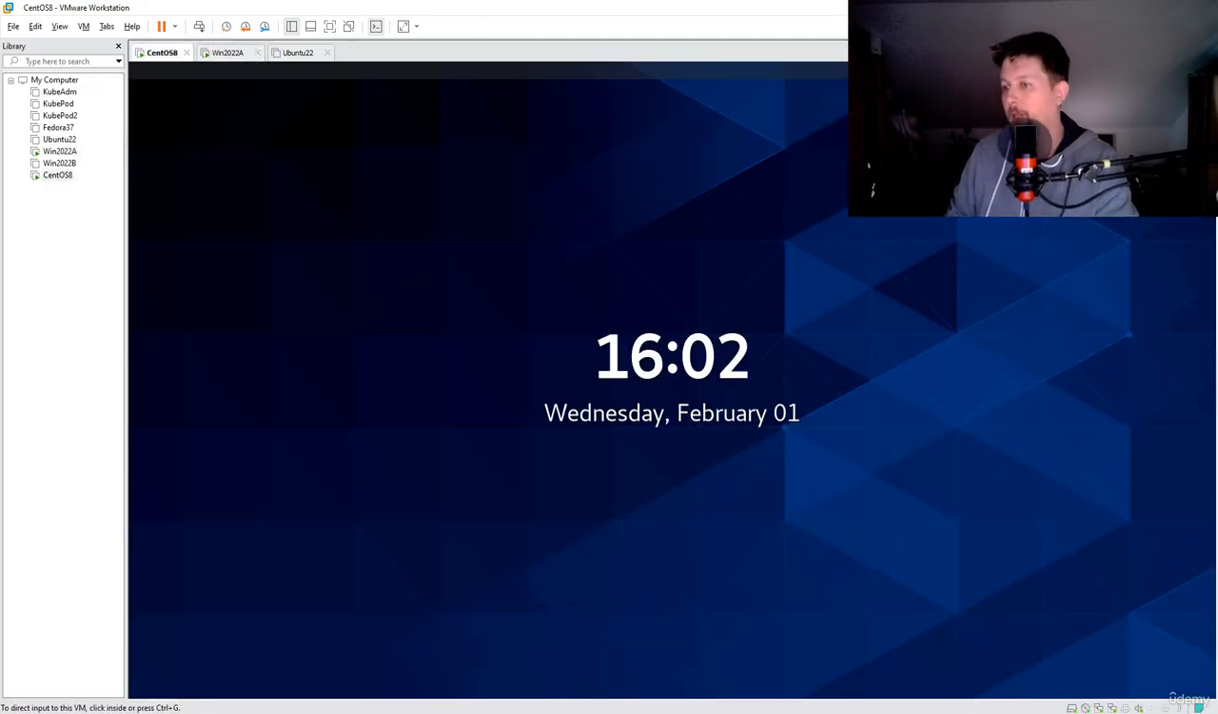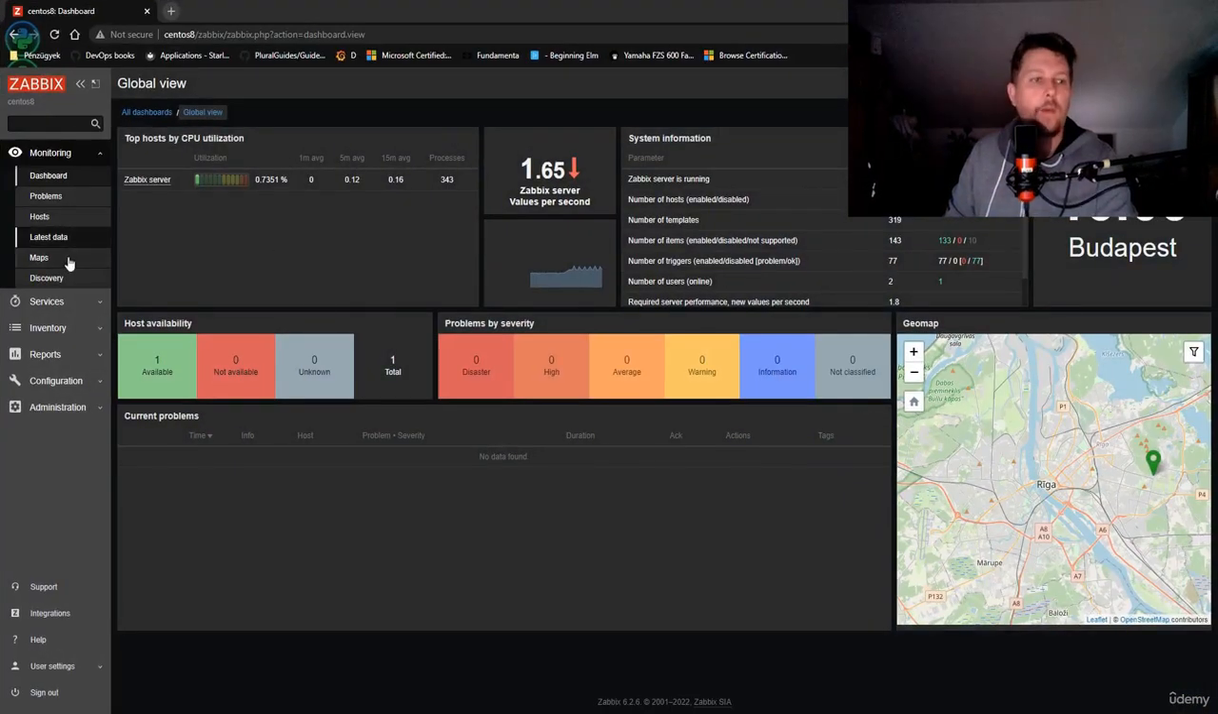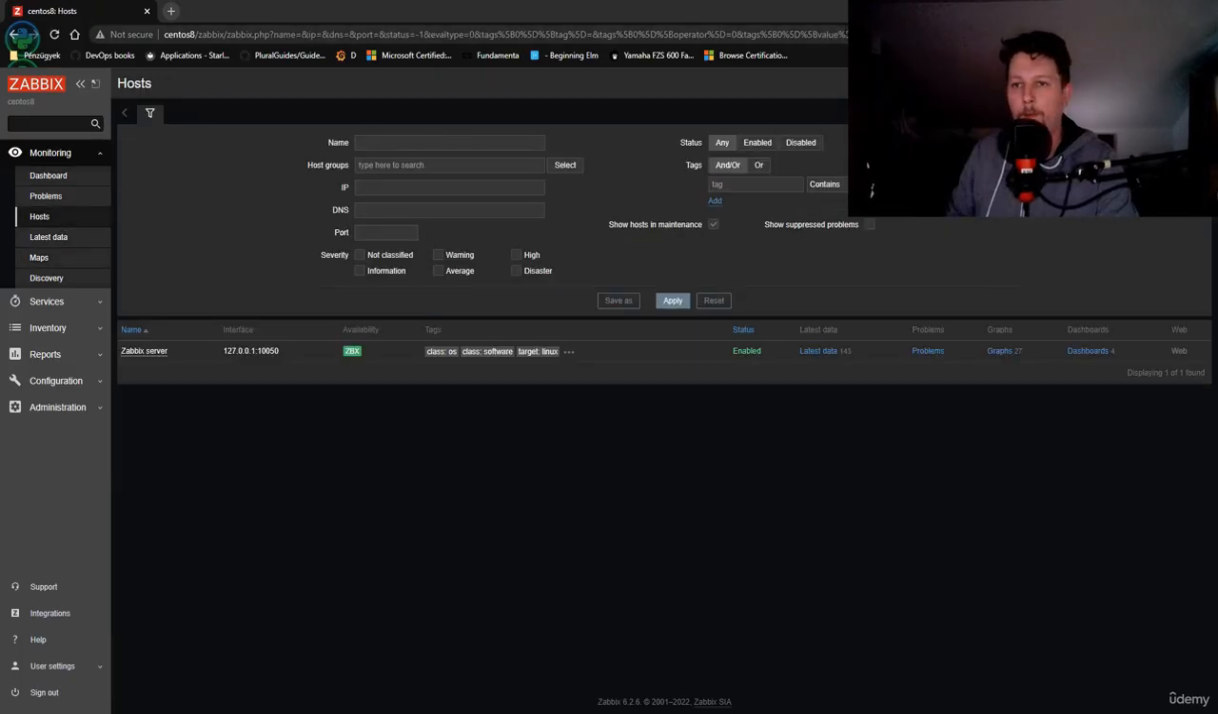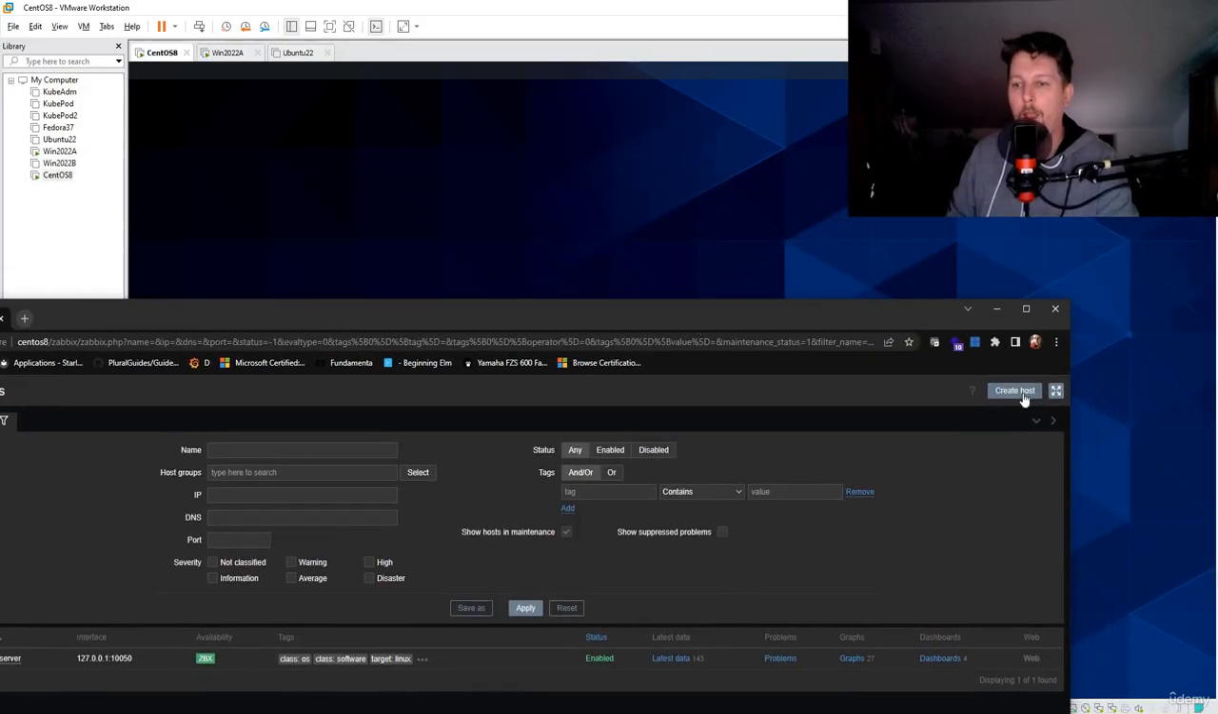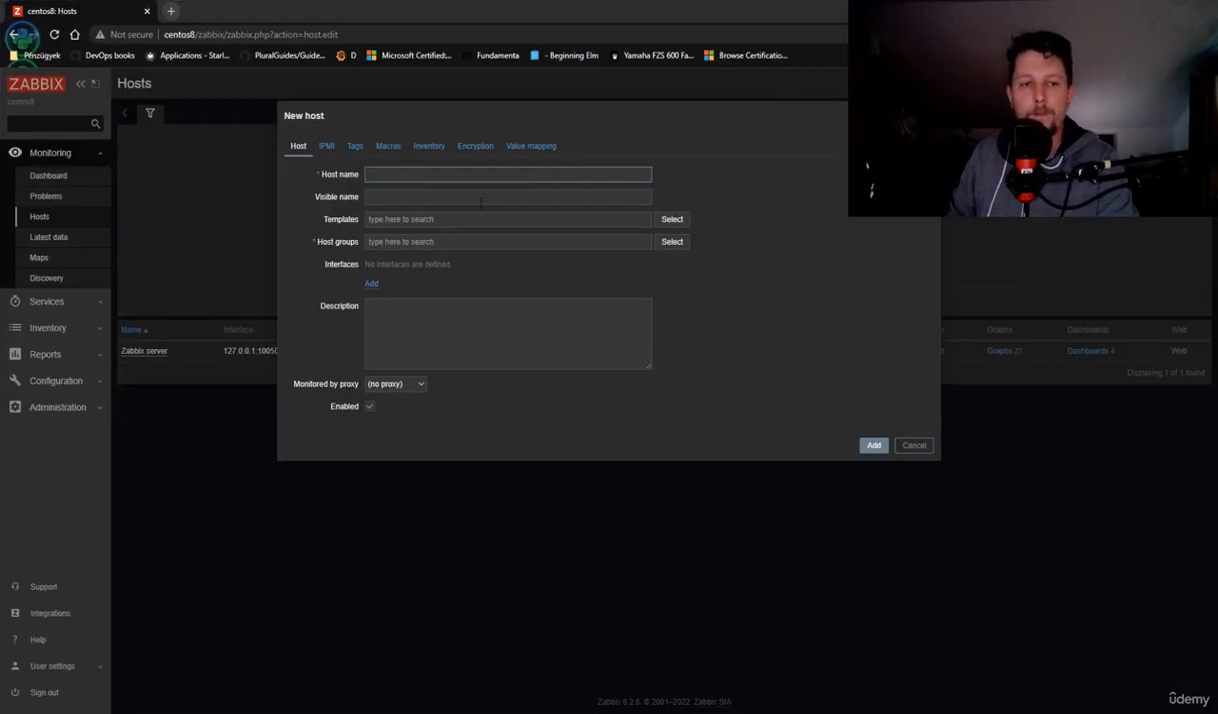Now on our CentOS machine, we have to go to the hosts and click on create host. And here we will add the Win 2022A, and we will use the operating